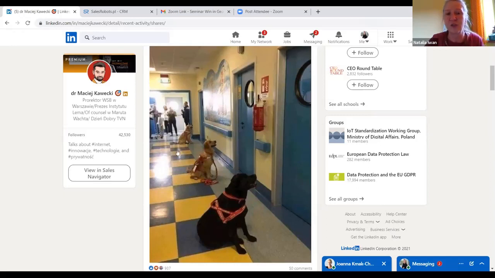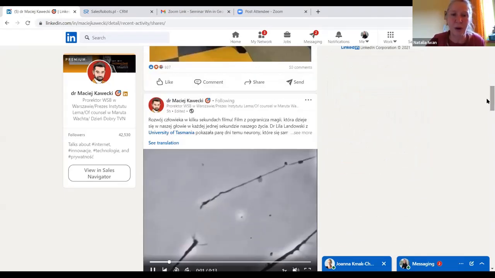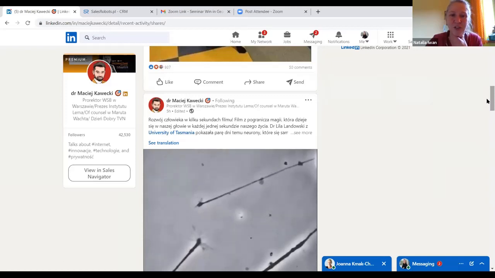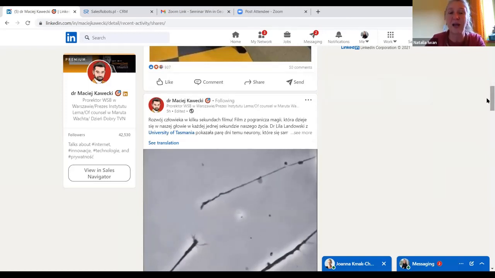rooms, different places for dogs, and how technology can help us with this problem, so the animals can feel very well in rooms, halls, and different places. How can technology help with this? This is about something about magic and physics, and I don't have to convince you in this very short time that this is very nice. It's in Polish, I understand this. I'm not a physicist, I'm not a scientist, but